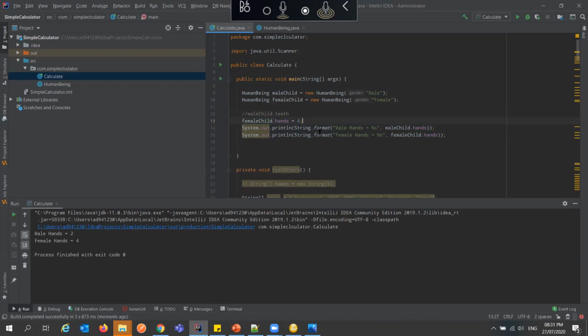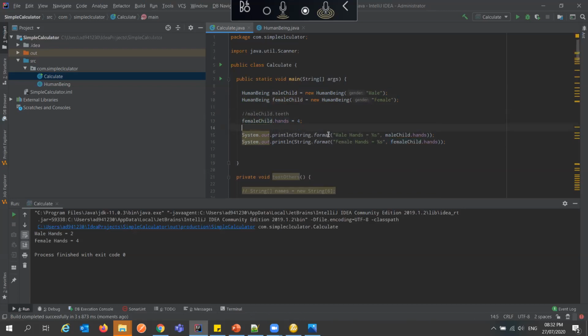Can you see? What we are saying now is that these properties, although they are inherited from the human class, we can modify them, right? And change them. So they can have their own inherited properties, and we can modify those properties along the way. Now, the male child is still having 2 hands, and this female child has decided to have 4 hands. That's just an example, but this is not where I'm going really.